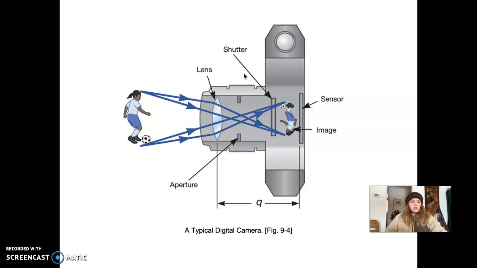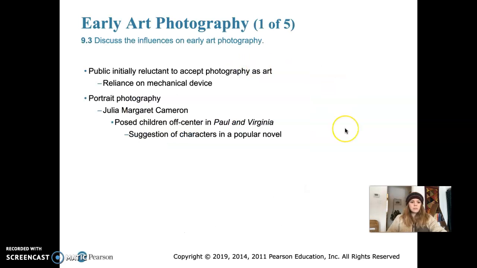Artists and specialists generally readjust all of these settings for each new photo, and these adjustments really are the most important thing about this, because they allow all sorts of artistic judgment and all sorts of different kinds of choices for a photographer to make. And so it really makes personal expression possible just by the use of those three adjustments, basically. So we'll take a look at some early art photography